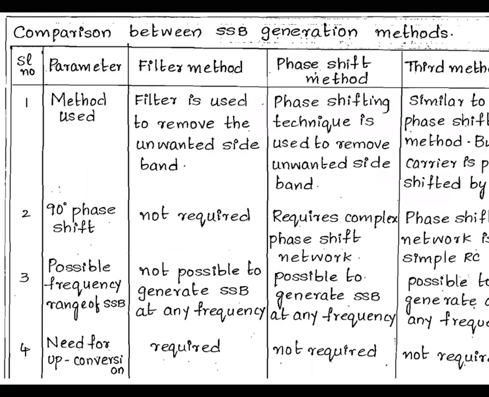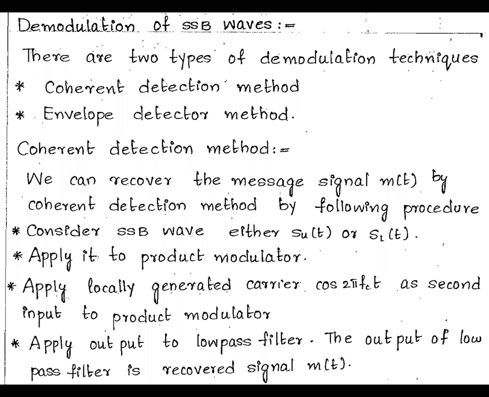Okay, now another point in this next concept, that is demodulation of SSB waves. How can you demodulate? Demodulate means, if you modulate, those above three methods are used. Either one you have to design an SSB signal. The signal is going to be transmitted through a channel, and at the receiving end, you have to extract a baseband signal, m of t, from the SSB generated signal. That is the reverse operation.